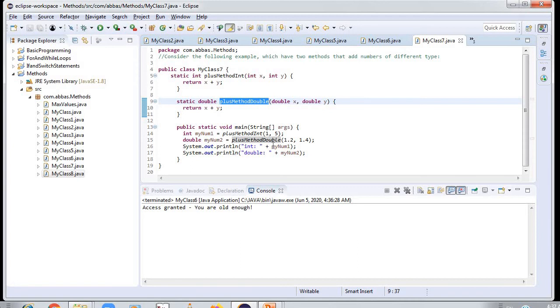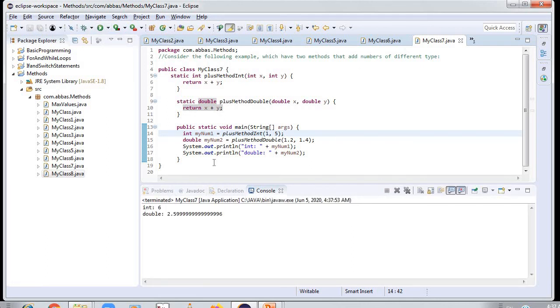So myNum1 will be 1 plus 5, and myNum2 will be 1.2 plus 1.4, and here is the formula, return x plus y. So static double plusMethodDouble, double x and double y. So in this way our program is running. We have used two methods that add the numbers. So 1 plus 5 is 6, and 1.2 plus 1.4 will be 2.599.